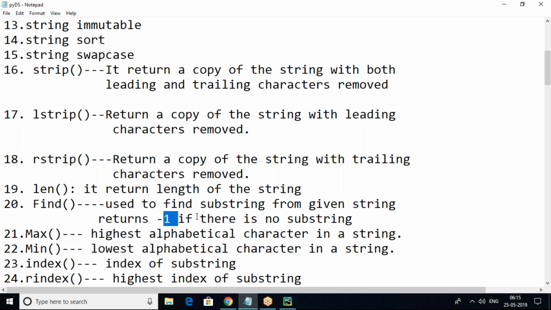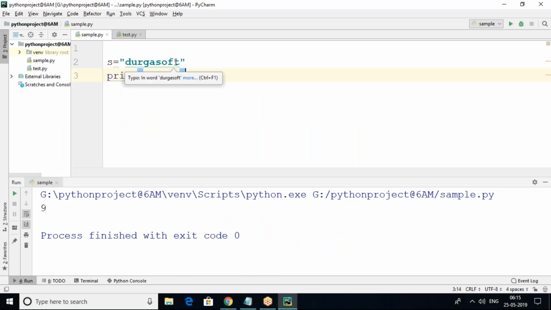It returns -1 if there is no substring. Okay. Suppose this is my string, Durga soft is